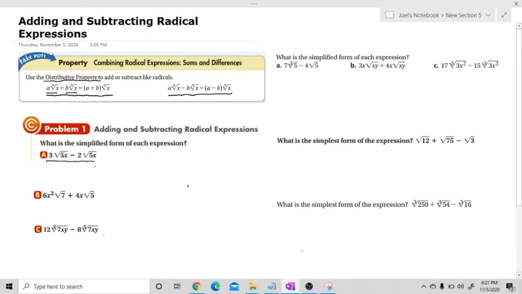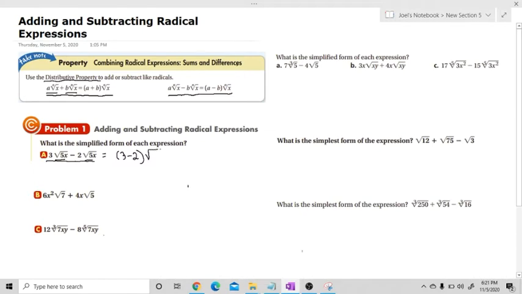Okay, ano ba yung mga like radicals? Pag sinabing like radicals, the same lang yung radical expression nila. Okay, for example, 3 square root of 5x minus 2 square root of 5x. They both have the square root of 5x. So, they are like radicals. So, ang gagawin lang natin dito, we will subtract 2 from 3. It will be the quantity 3 minus 2,